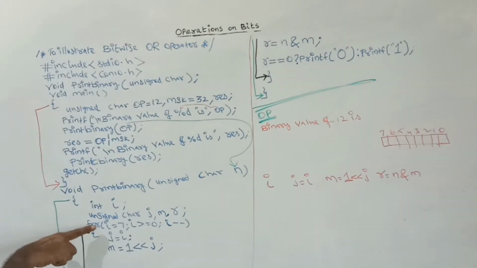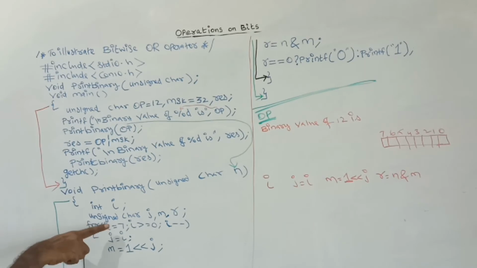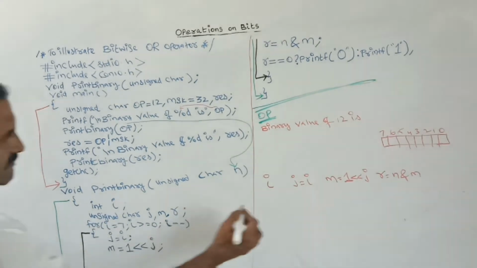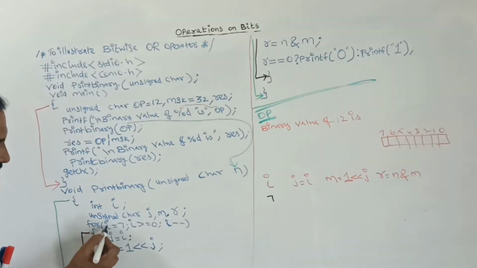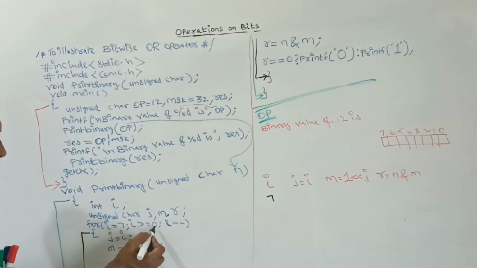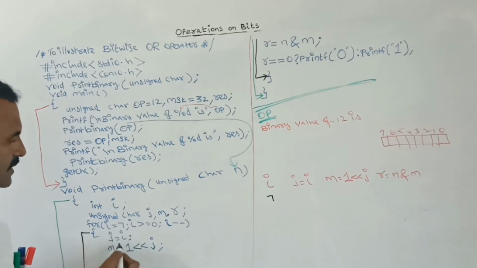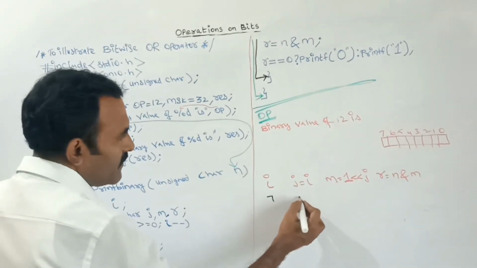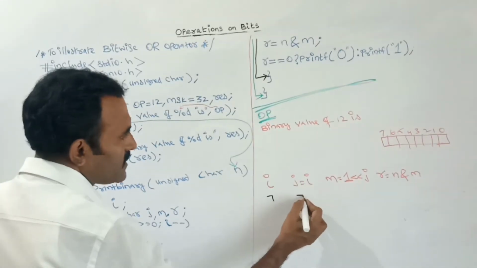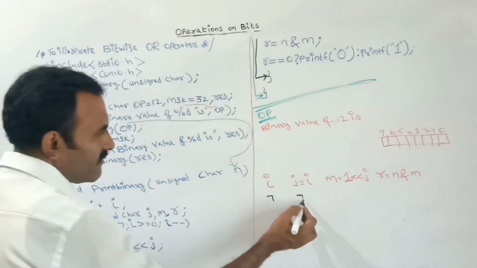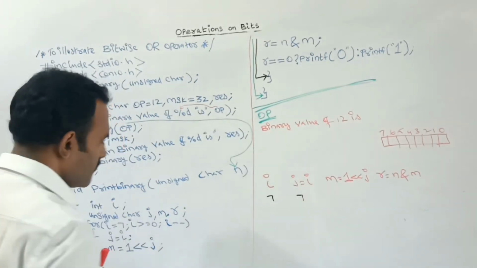Here in this step for loop, here value I is equal to 7. Very first the initial value of I is 7. Next here it checks the condition, 7 is greater than 0, condition true, so it comes inside the loop. So every statement inside this for loop will execute. See here very first statement is j is equal to I, that is I am giving the jth value as I value. So here what is the value of I? 7. So this I value 7 will be stored to variable j.